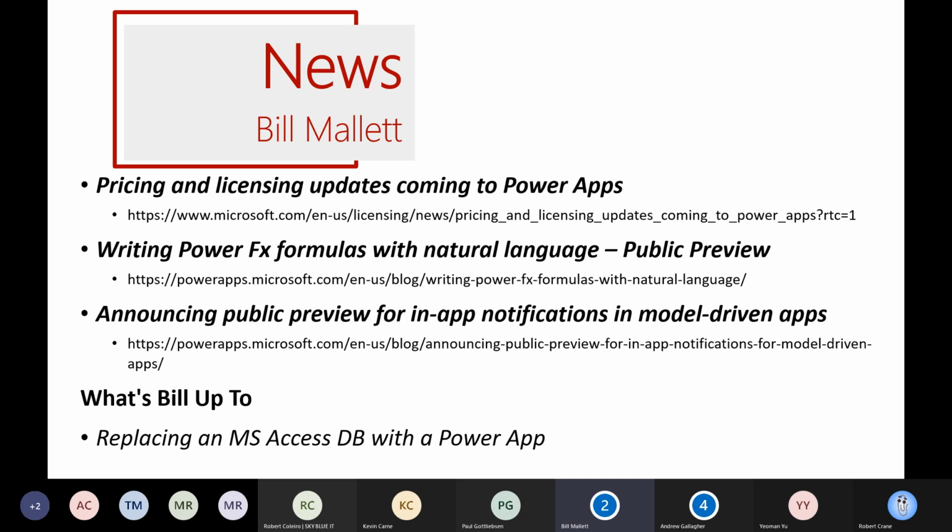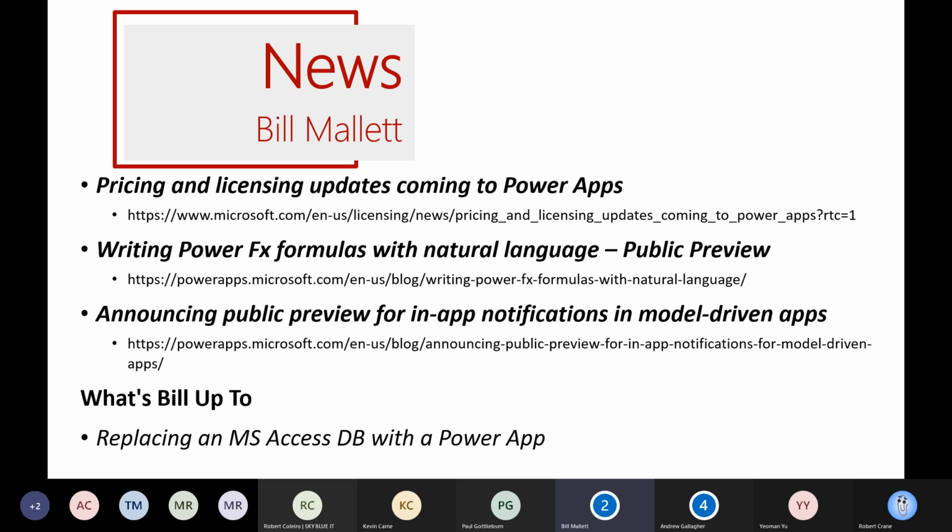So my next item then relates to the fact that sometimes when you're doing your Power Apps and your automations, there are FX formulas that are a little bit like coding, or if you're used to doing fancy stuff in Excel, you might be familiar with them, but they can be hard to learn or hard to remember if you're not using them all the time.